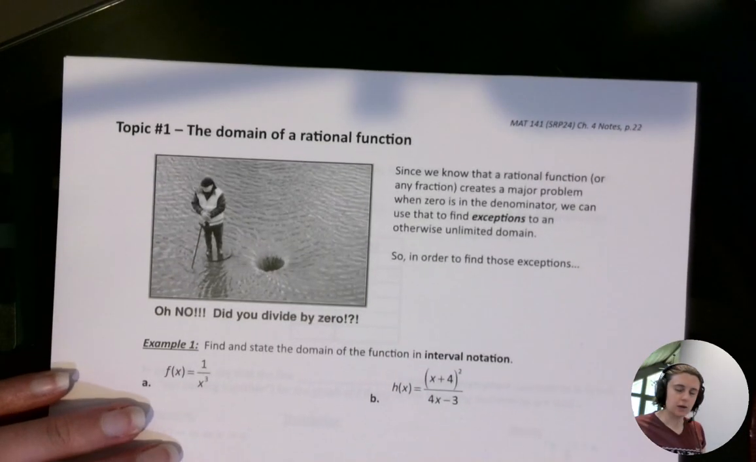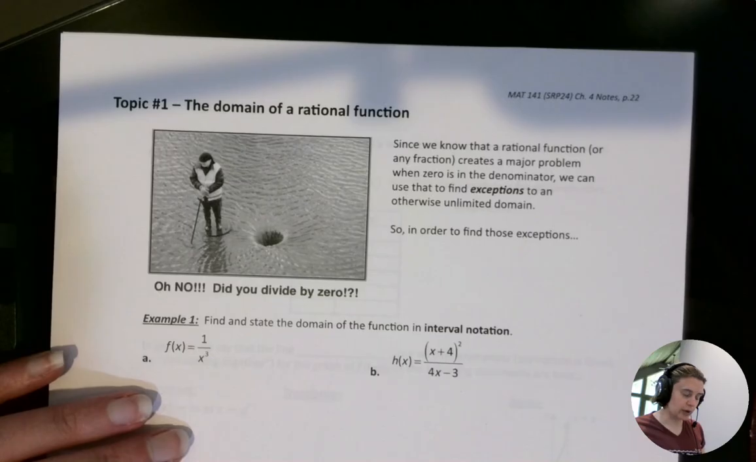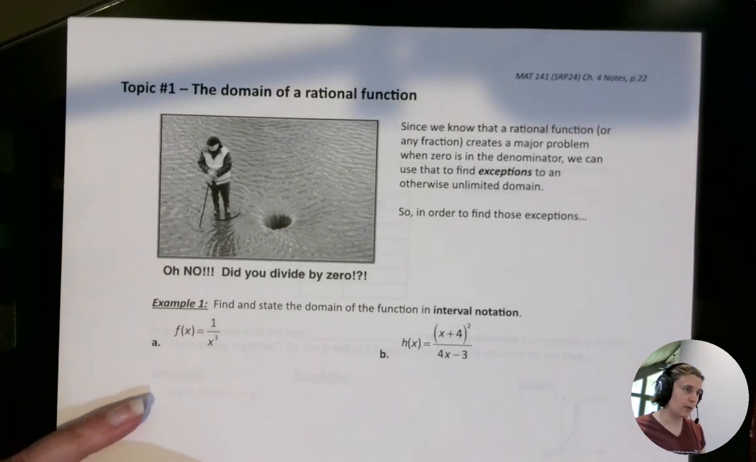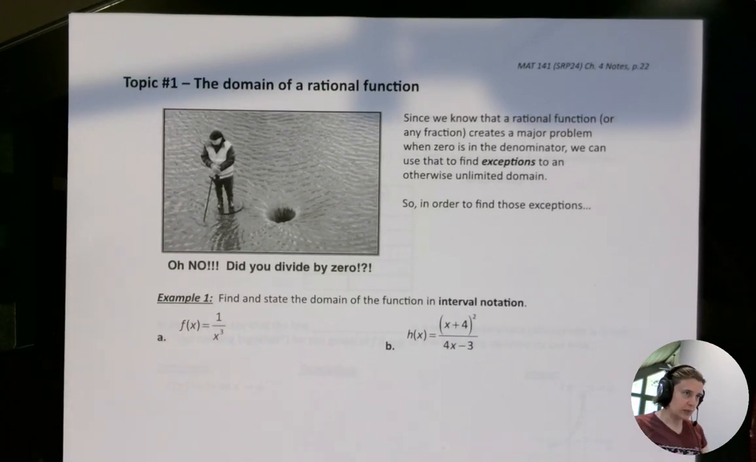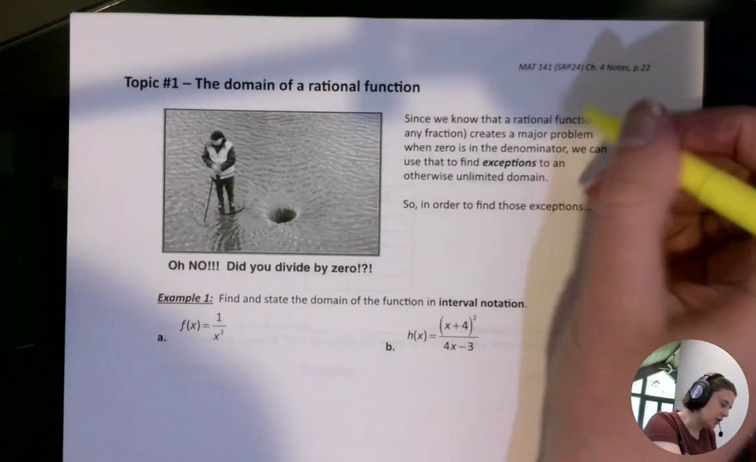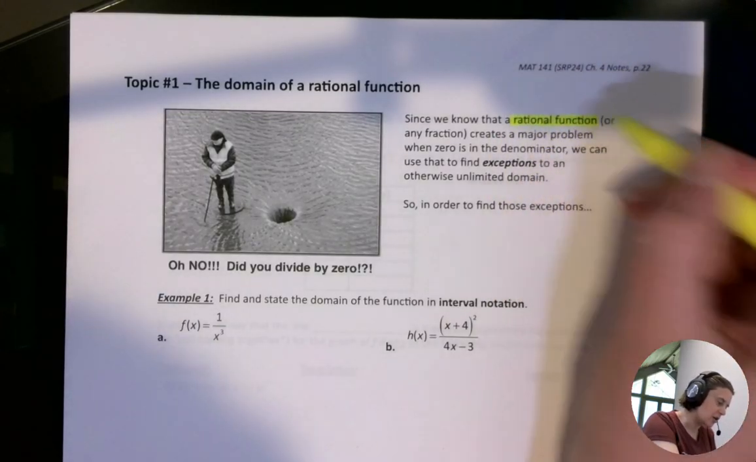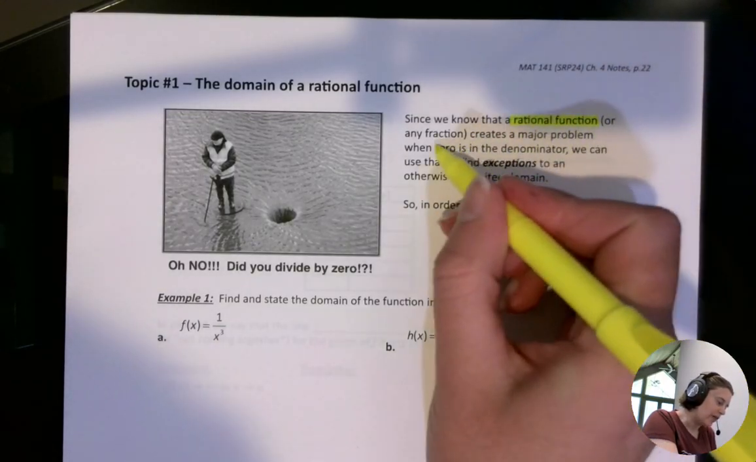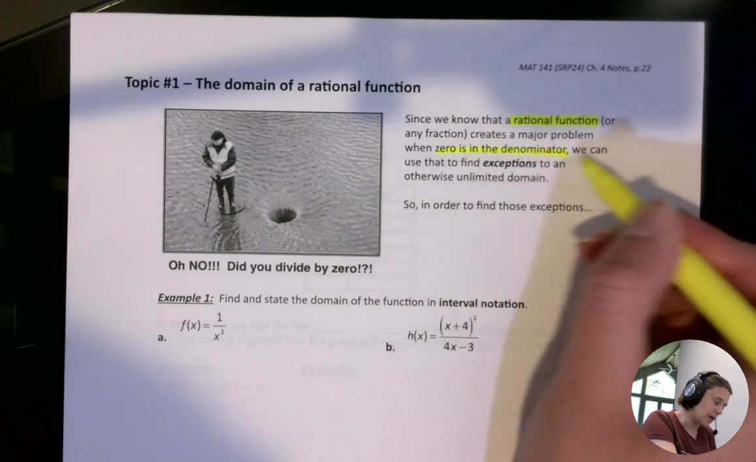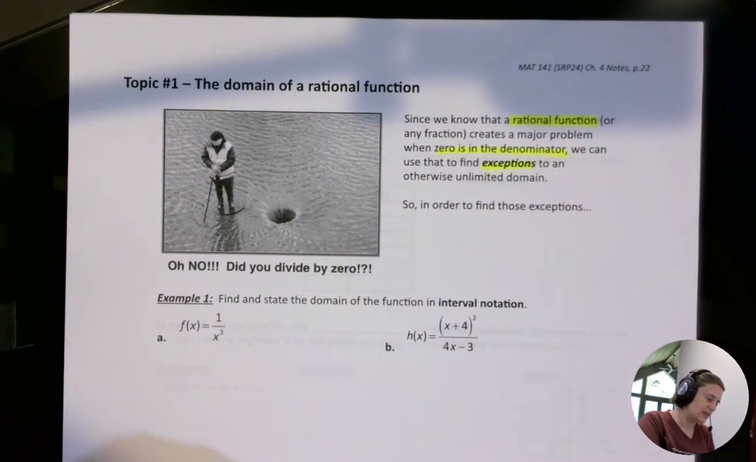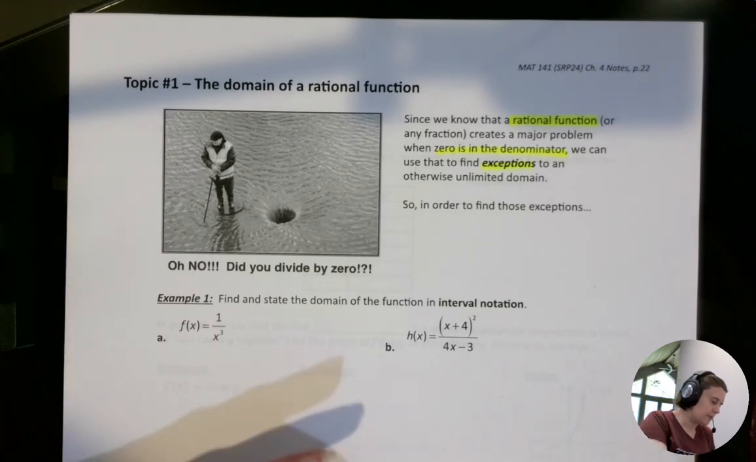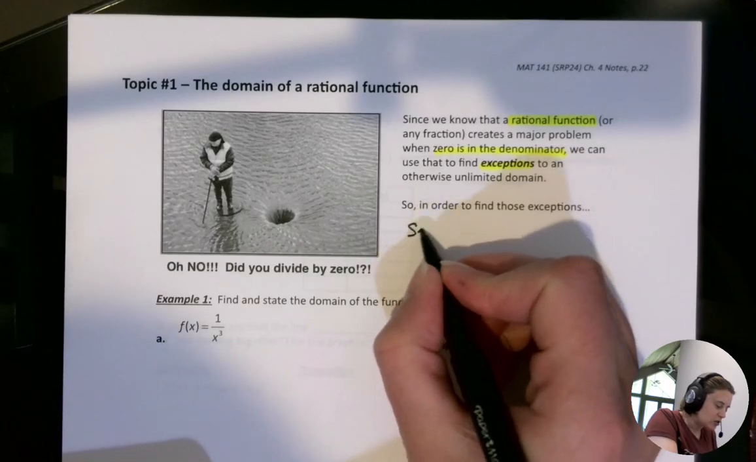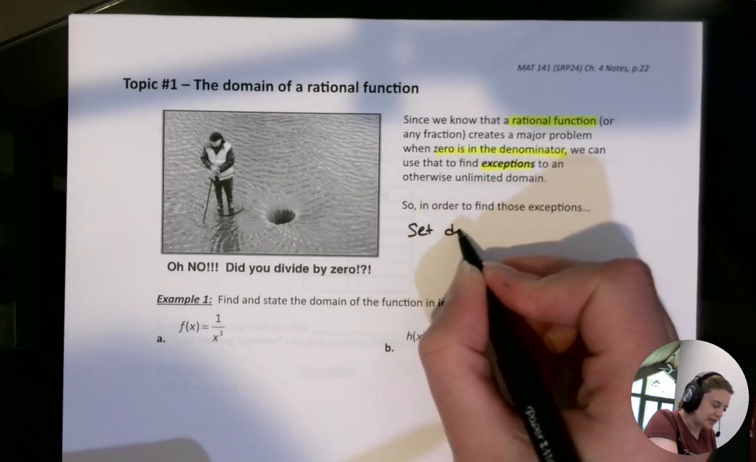All right. So on to the next page, we're going to look at the domain of a rational function. Since we know that a rational function is a fractional function, we have a problem when there is a 0 in its denominator, so we need to find those exceptions to what would otherwise be an unlimited domain. So in order to find those exceptions, we need to set the denominator